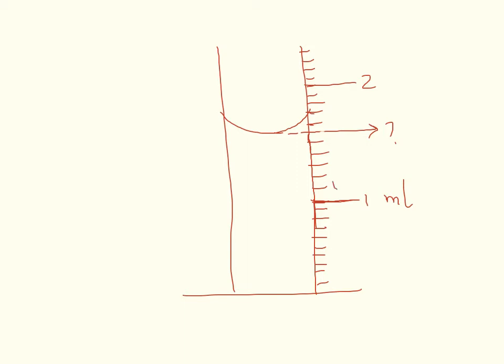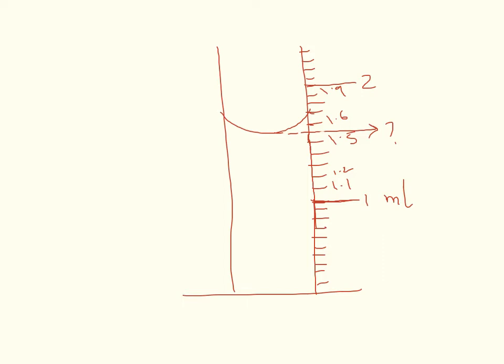So this is 1.1, this is 1.2, this is 1.3, this is 1.4, this is 1.5. Okay, now since this is water, to look at the volume of water, we look at the lower